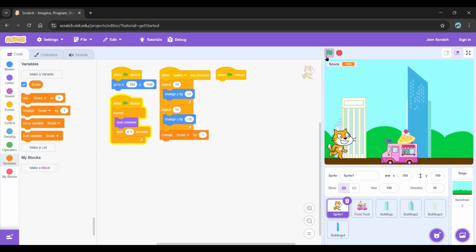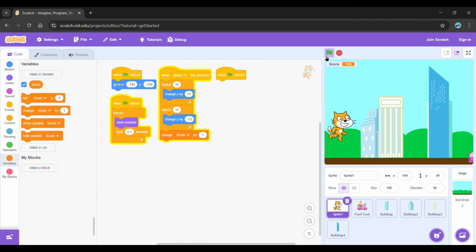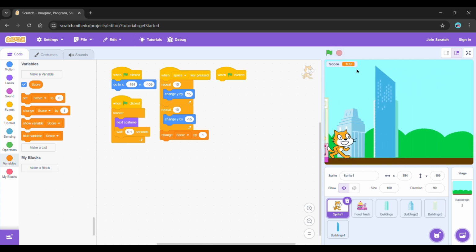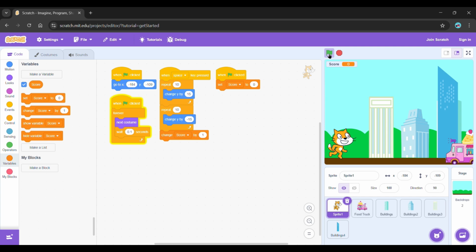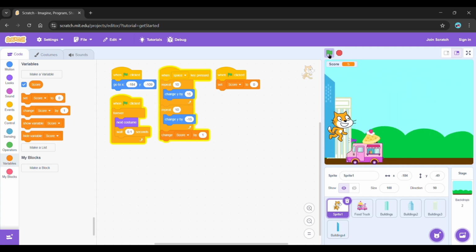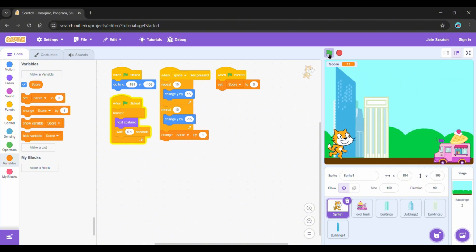As you can see here, every time I jump, our character will add 1. Now, every time I start the game, it always ends up with our last score. In order to prevent that, we're going to use the set score to 0 block. The set score to 0 just means that every time I start the game, it will begin at 0. Then start our jumping game again. Now we can play our game with scoring.